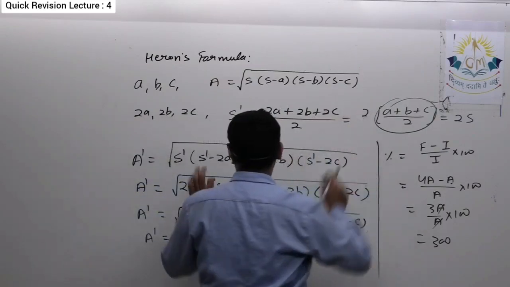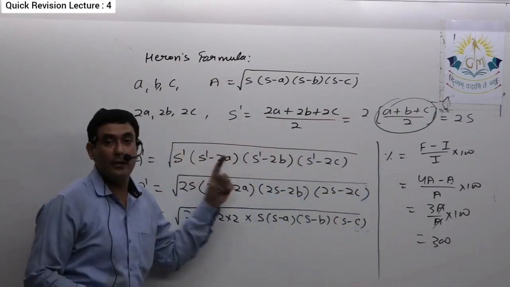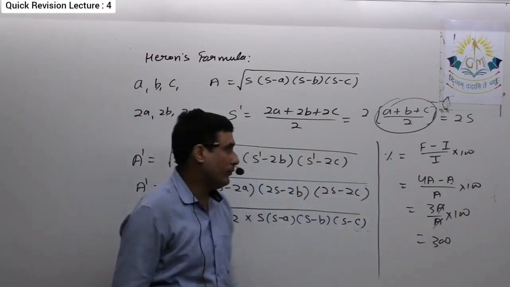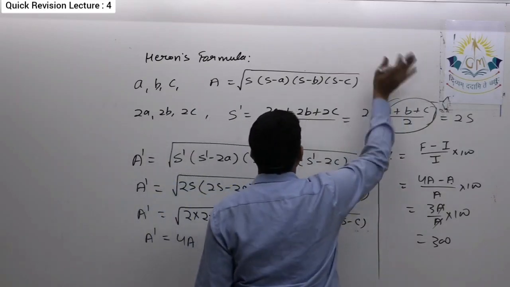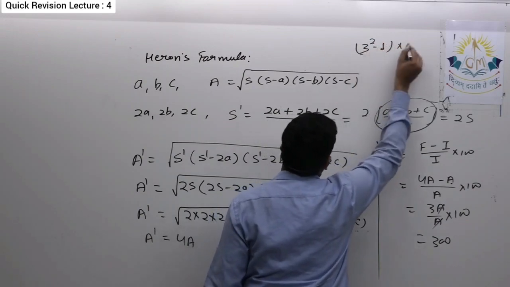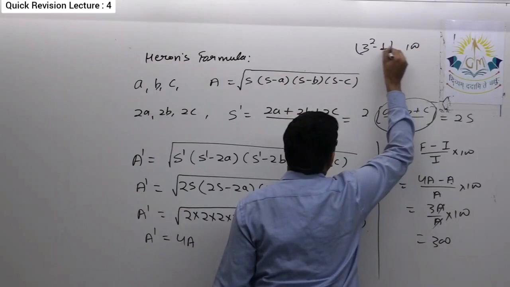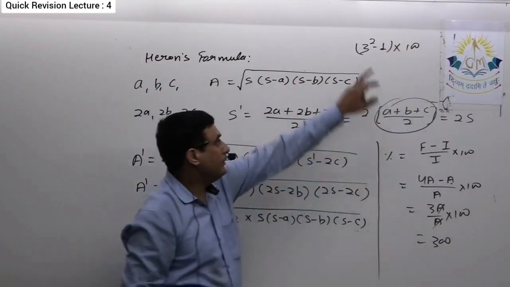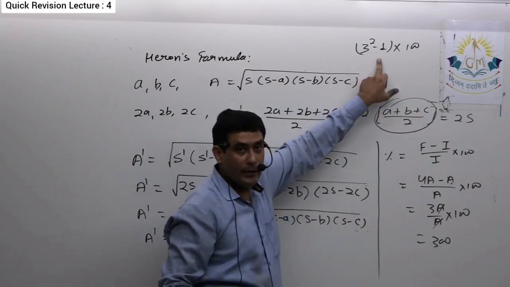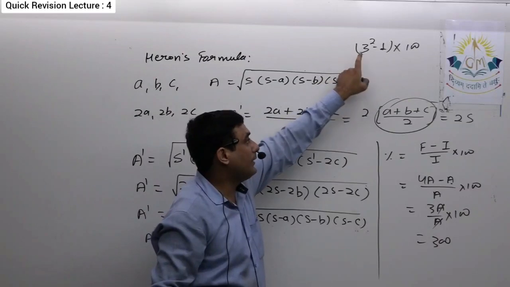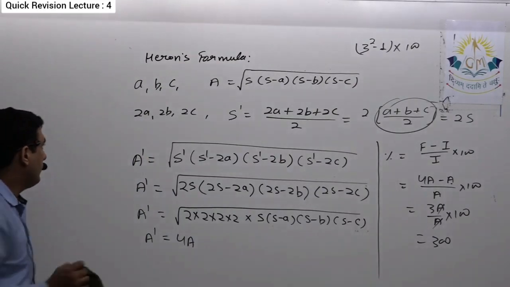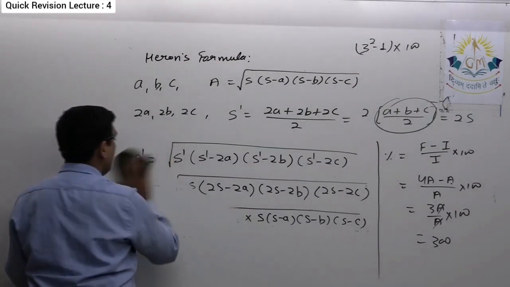Now one thing more, here they asked to make it double, then what will change? So if you observe, 3 is 2 square minus 1. That means if they say that the sides are made triple, then percentage change will be 3 square minus 1 multiplied by 100. If each side of the triangle is made 3 times, then percentage change will be 3 square minus 1 multiplied by 100, that is 800%. If it is made 4 times, then the answer will be 4 square minus 1 multiplied by 100. Okay, so this was one of the important concepts of this particular chapter.